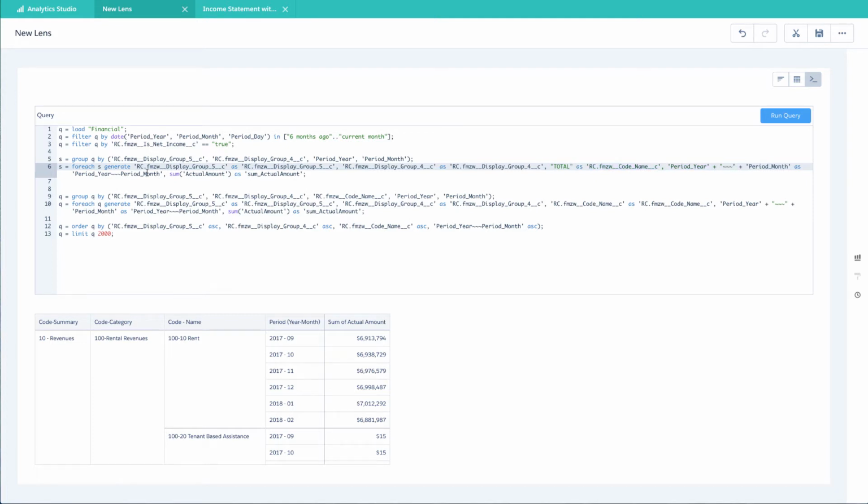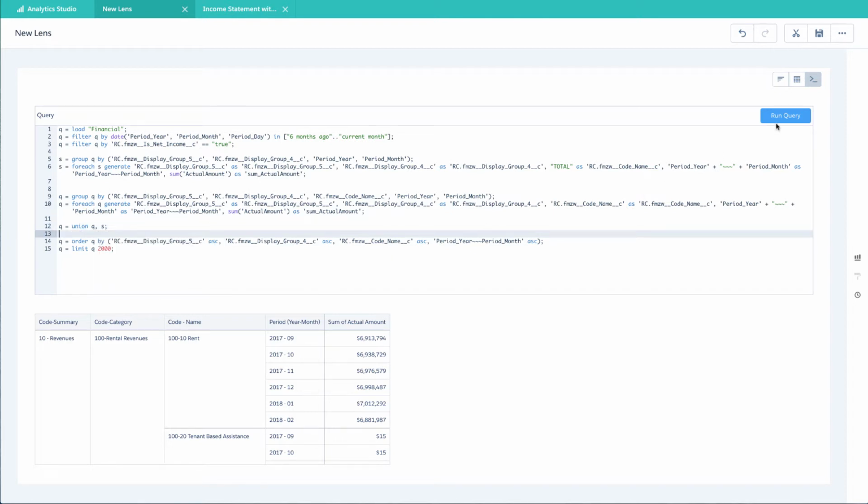Now I have two streams. I have this S stream and a Q stream. The one thing we need to do is put these together. So we'll say Q equals union Q and S. Now the good news is we already have an order by statement. So if we run this query,